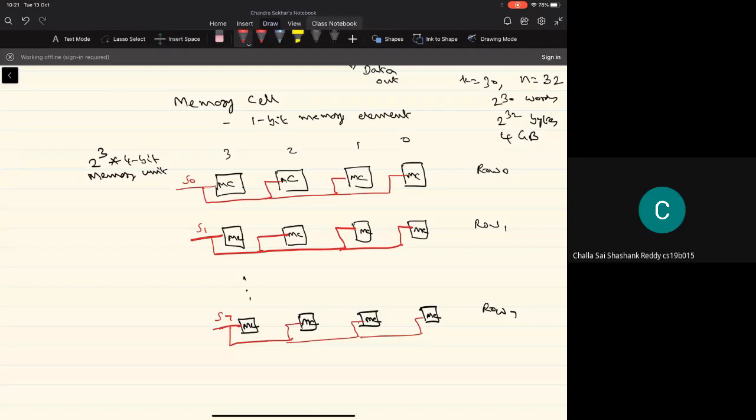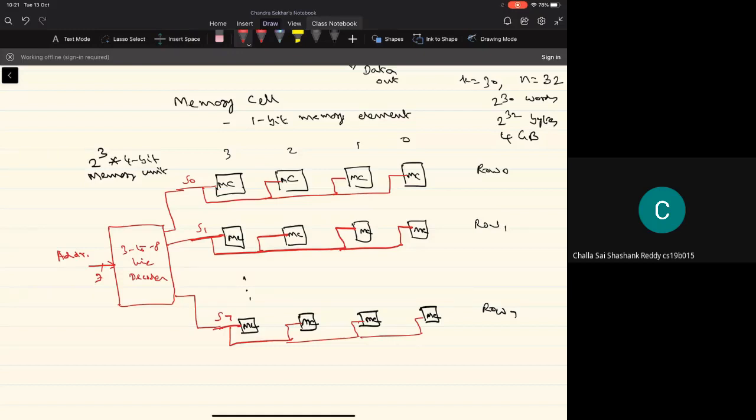So how do we enable these select lines? Basically, now we need a decoder. In this case, it is a 3 to 8 line decoder, and it will have 8 output lines which correspond to the select lines. The input to this will be the address, which will be 3 lines.